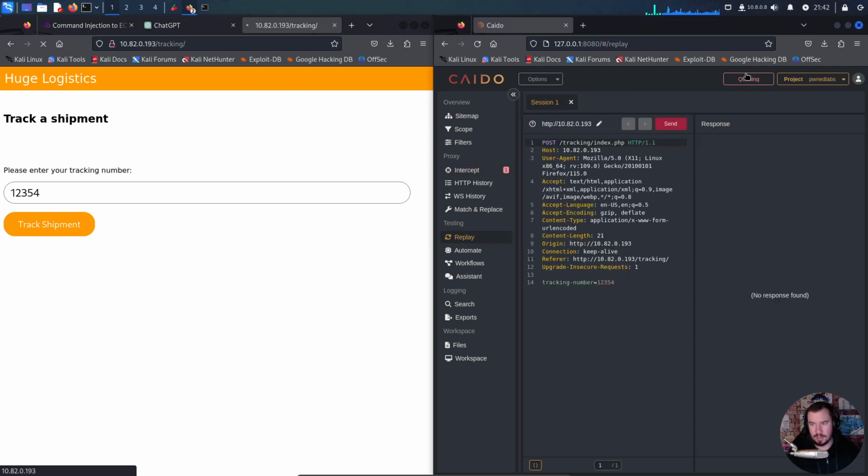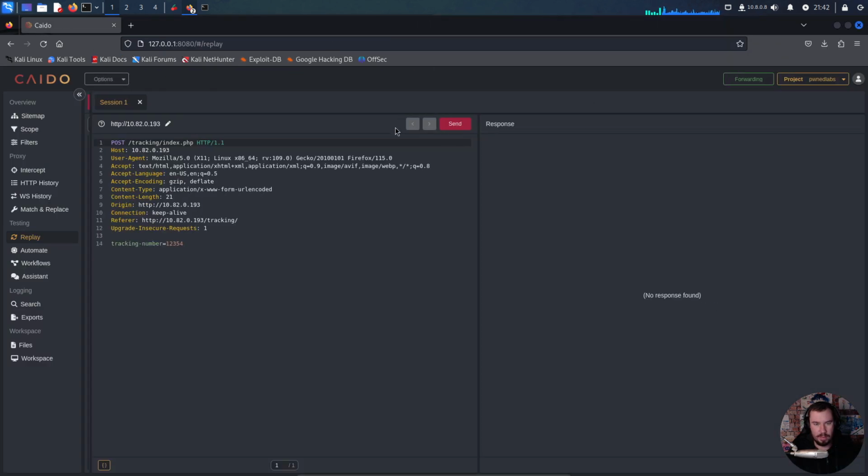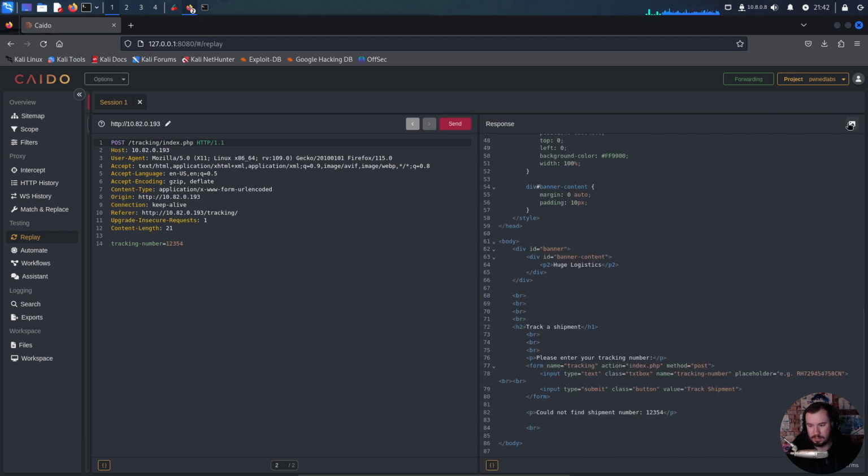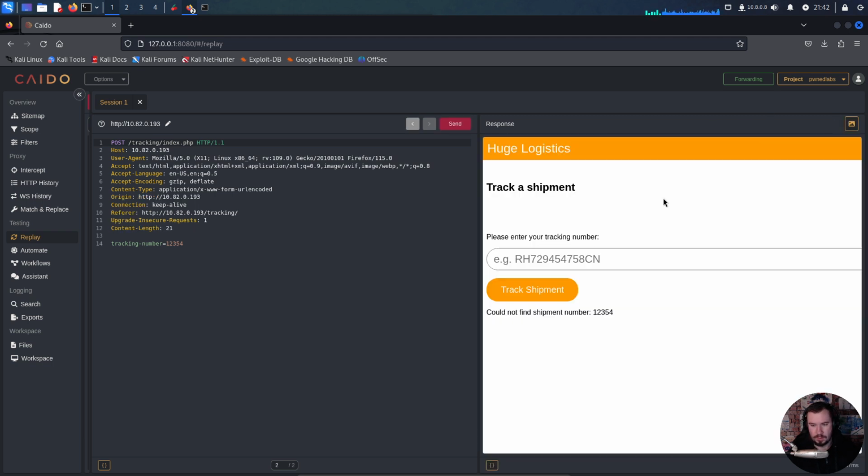Throw that over to Replay, turn off queue, make this big, hit send, and let's just see what a normal request does. Let's render it. So I cannot find shipment number. I'm guessing we're going to get command execution through this, but you know what else I bet is vulnerable